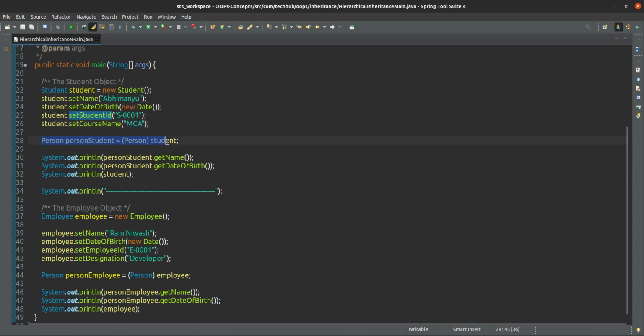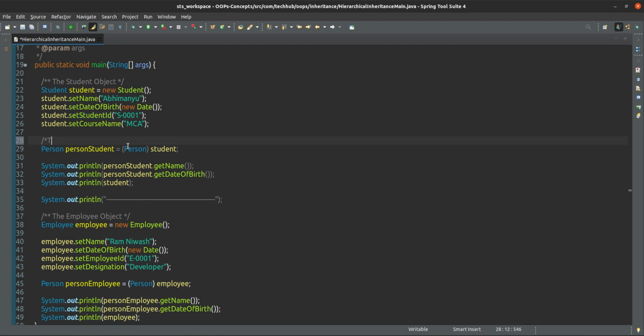And here, if you observe, this is typecasting to Person. How is typecasting possible? Because a student is a person, there is a relationship between Student and Person.